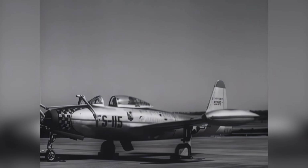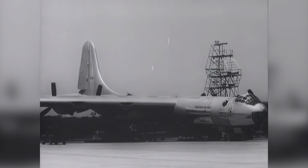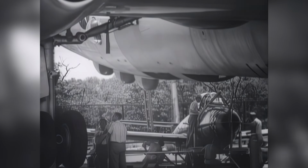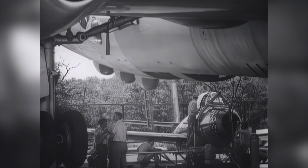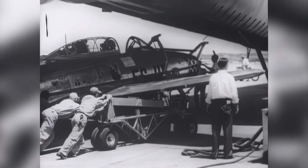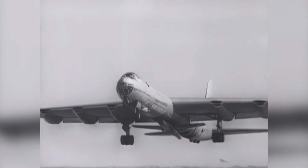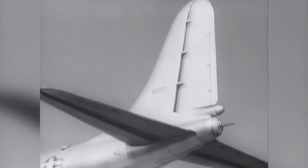However, a later Parasite project involving the B-36 was the FICON fighter conveyor concept. This program began in 1952 and involved mating up a Republic F-84 directly underneath a modified Peacemaker. There was no intention of fully consuming the F-84 within the mothercraft. Not until after the aircraft and its Parasite were in the air would the fighter pilot enter into its cockpit,